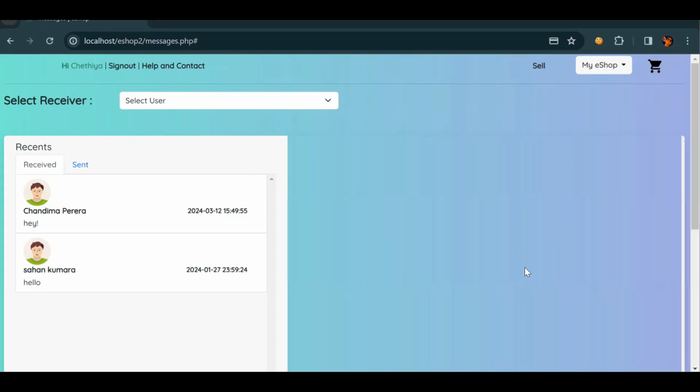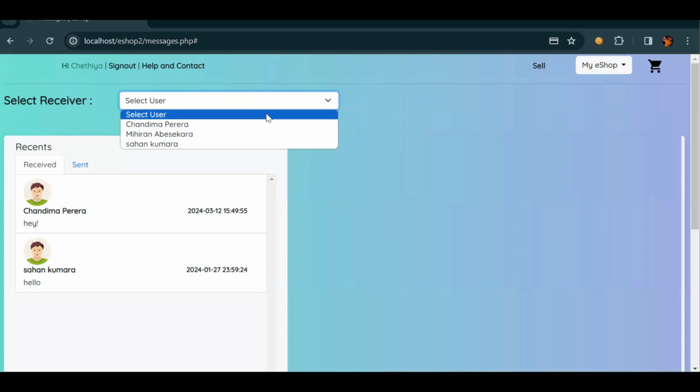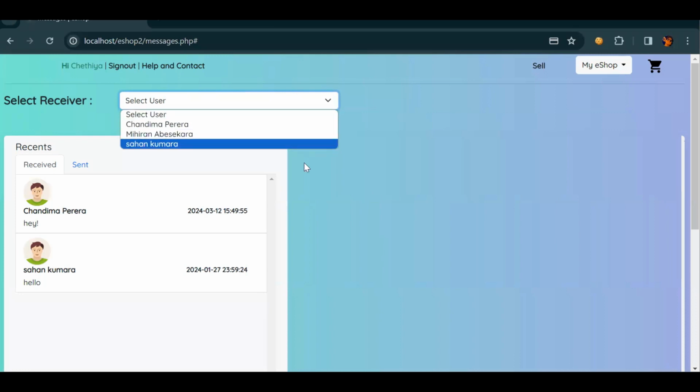Welcome back with the project named eShop, and today I'm going to discuss the program of the message sending and viewing process. Here we discussed the design of this message page in the previous video. Here I have added a select tag to select the relevant user in addition to the design that we discussed in the previous video. And here we can see that the users registered in our eShop are listed here,